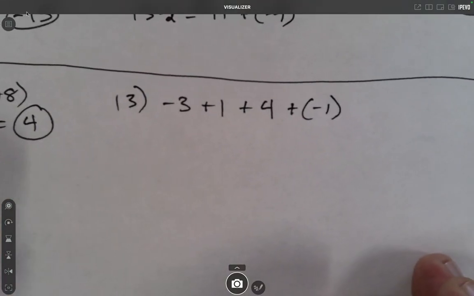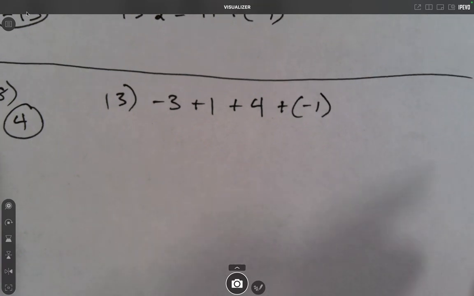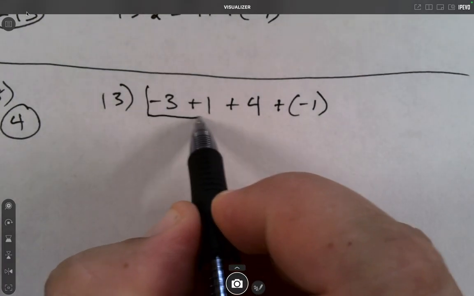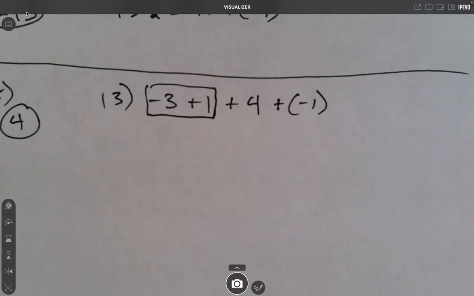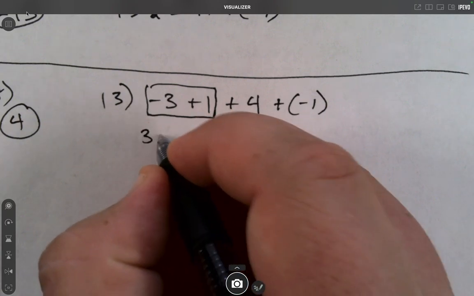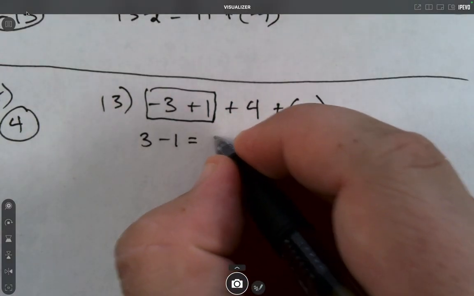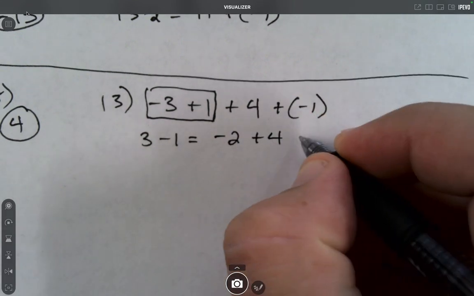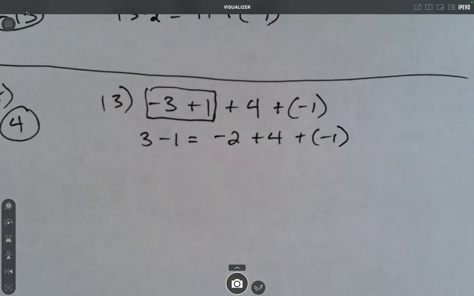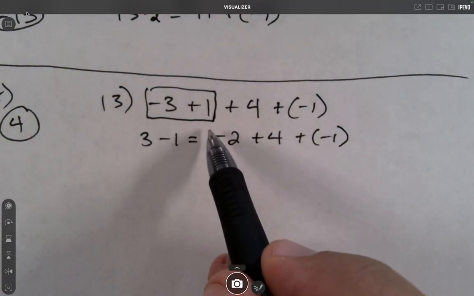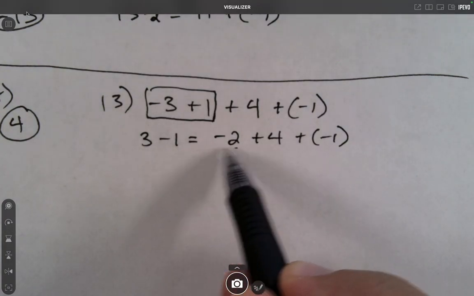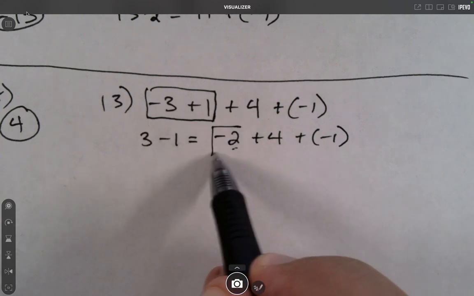And like I said, we need to move from left to right and just do two at a time. So first I'll just focus on -3 plus 1. The addition rules say that when you're adding numbers that have different signs, subtract them and keep the sign of the bigger number, which is negative, so we'll get -2. And I'm just rewriting the question below that. So I've taken -3 plus 1, and it's now down to being -2. So now I focus on these two numbers,